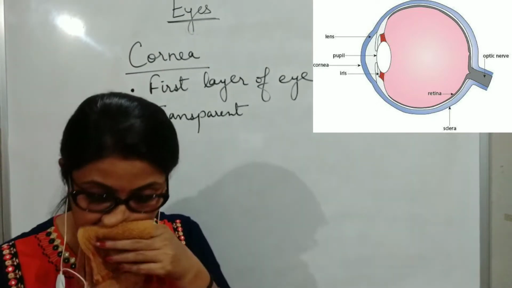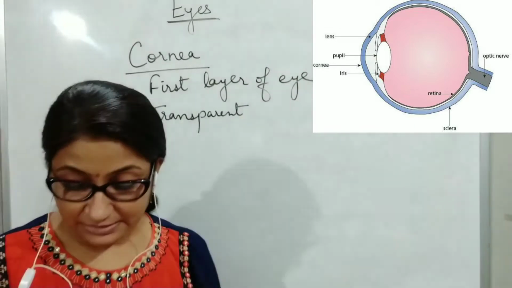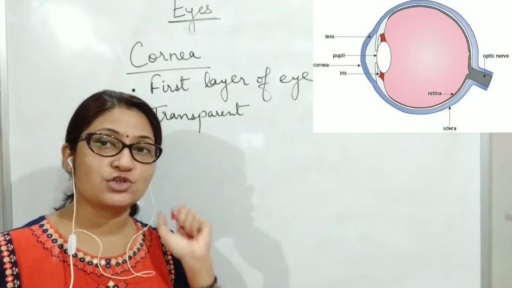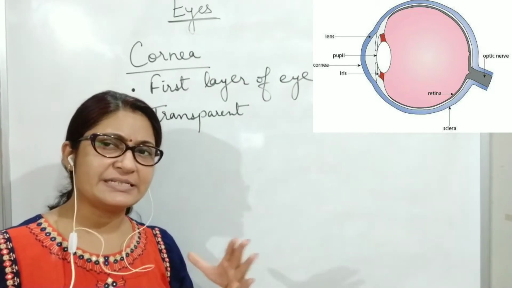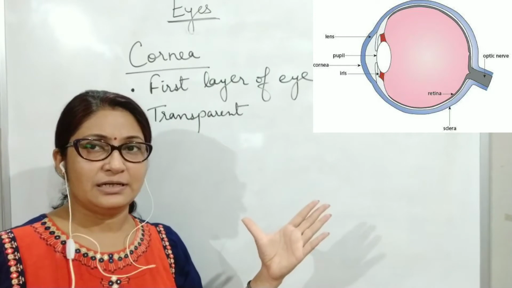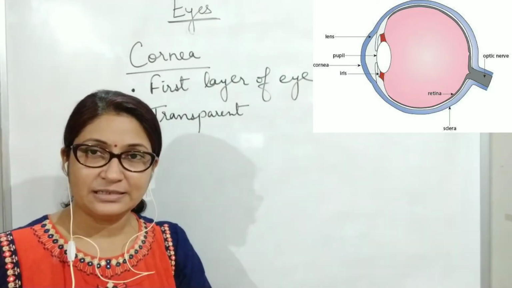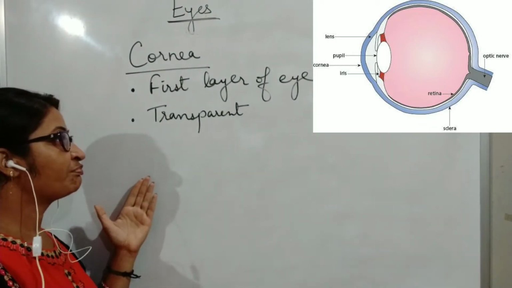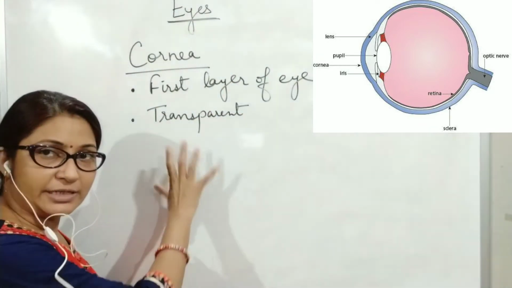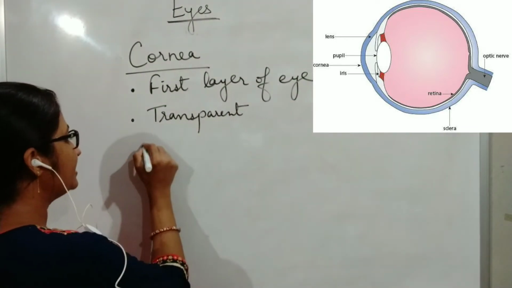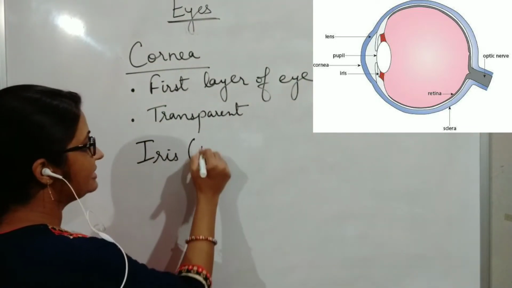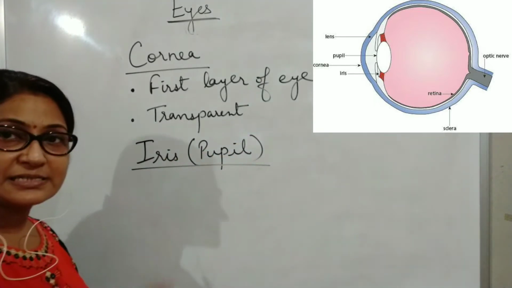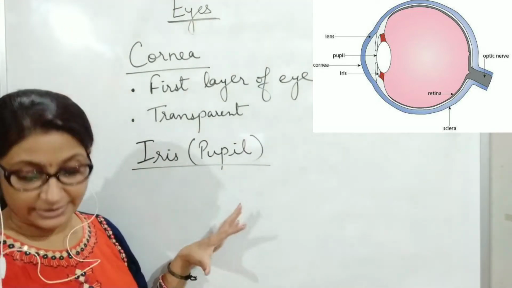Then the second layer which I have discussed, pupil. Besides that, there is one more layer which is called the iris. So we can consider that the second layer is the iris, and then the retina. In that way we can take it. So this is all about your cornea. Nothing more to discuss here. Second layer I am taking as the iris, inside which the pupil is present. So I can write it in brackets: inside this iris there is one more layer which is the pupil.